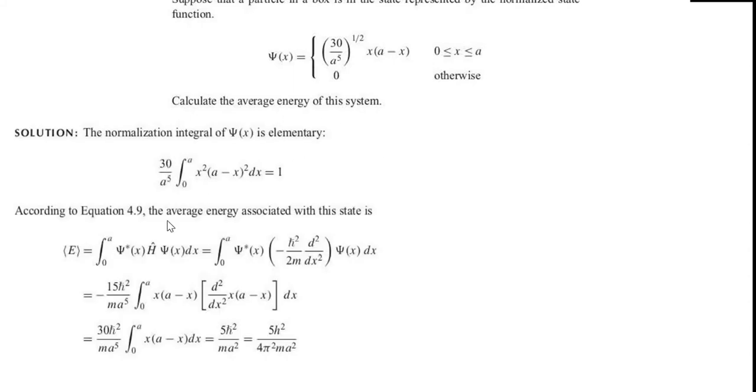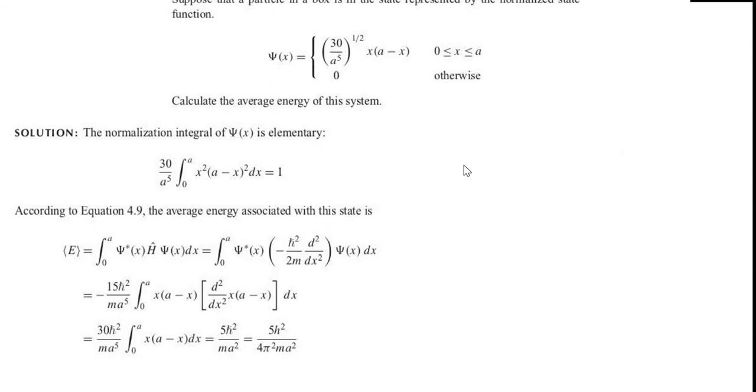This is given as a task, that suppose psi is given like this, between 0 to a, where a is the length of the box, so psi follows this function and otherwise it is 0. Of course it is not an eigenfunction, because the particle in a box eigenfunctions are square root of 2 by L sine n pi x by L, right? So this is of course not an eigenfunction, but still you can evaluate all the averages by using the averaging formula, postulate 4. So you can calculate the average of the system, and the solution is also given.